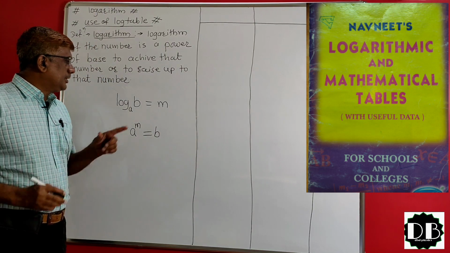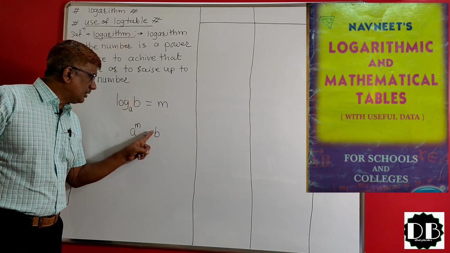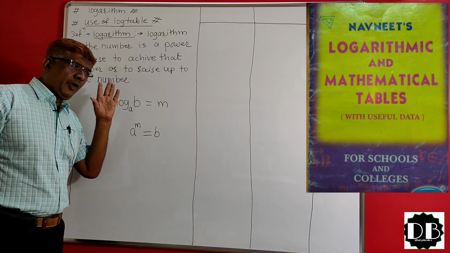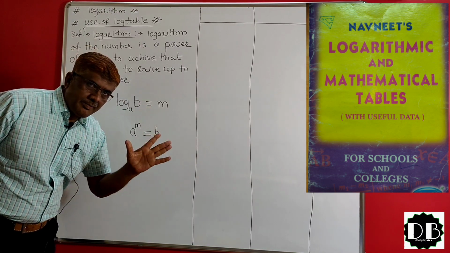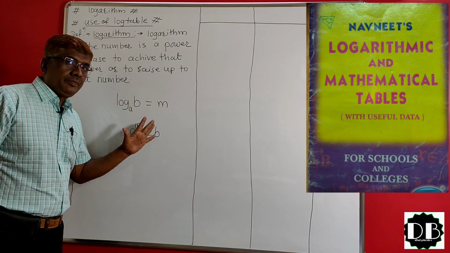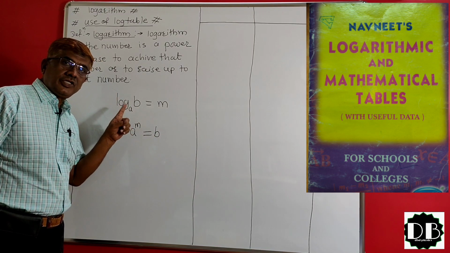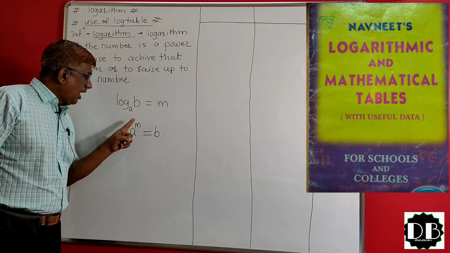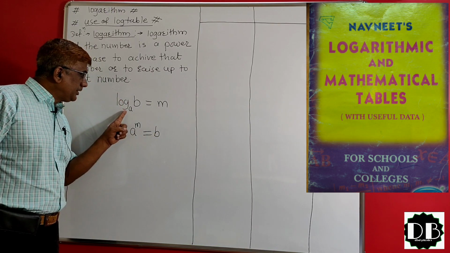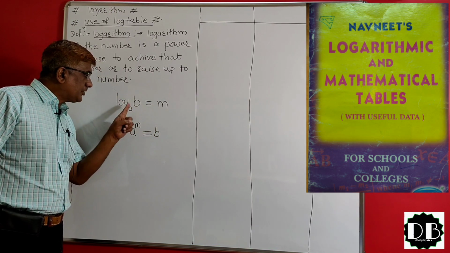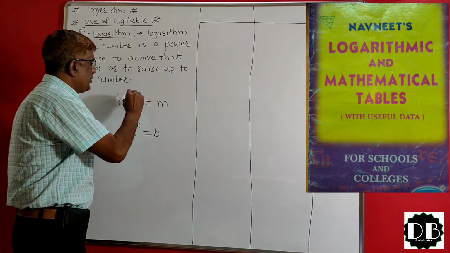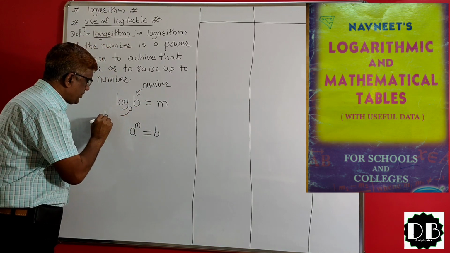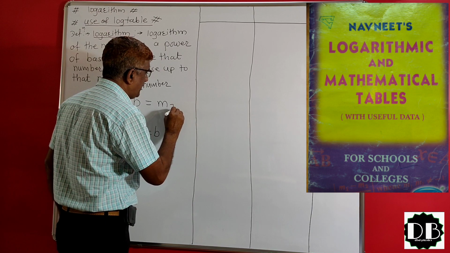इसका मतलब ये है कि किसी भी नंबर का लॉगरिथम, यहाँ एक नंबर है, इट्स ए रियल नंबर, इट्स ए पॉजिटिव रियल नंबर। माइंड में, b का लॉग जब हमें देखना है तब बेस कंसीडर करना होगा। बेस इज आल्सो द रियल एंड पॉजिटिव नंबर। बेस की कौन सी पावर हमें इस नंबर तक पहुंचाएगी? That means m is the power of base to achieve that number. That means this is the number whose logarithm we are going to find out. This is base, this one is a logarithm of that number.